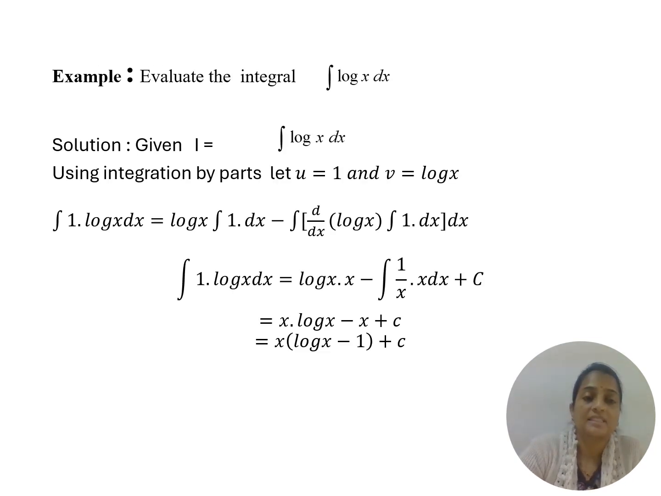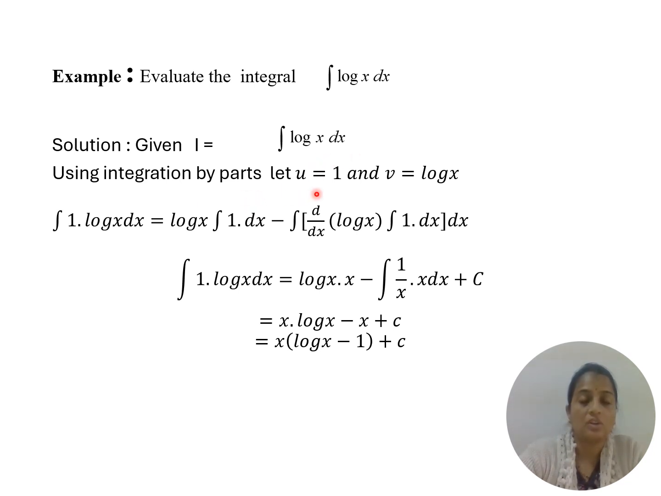Next example of integration by parts is integration of log x dx. We know the differentiation of log x is 1 by x, but the integration of log x is not directly found, so we apply the method of integration by parts and find the value of integration of log x. Here first we let I be equal to integration log x. So if we use